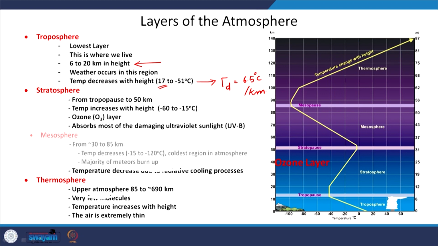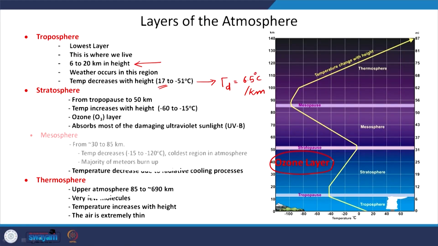Now when you are about to cross the troposphere, you will encounter a region which is called the tropopause. Generally, in this region, the temperature is assumed to be constant with respect to the height. Then the immediate layer above this tropopause is the stratosphere, and the stratosphere extends almost from the tropopause up to a height of 50 kilometers. So, 50 kilometers is the height of the stratopause.